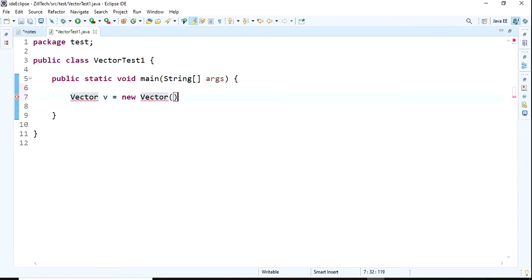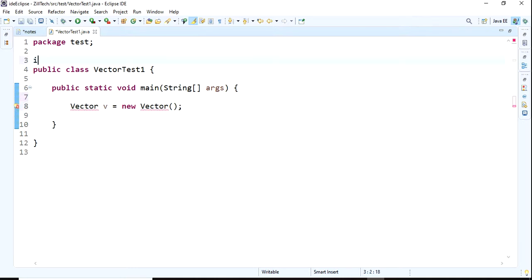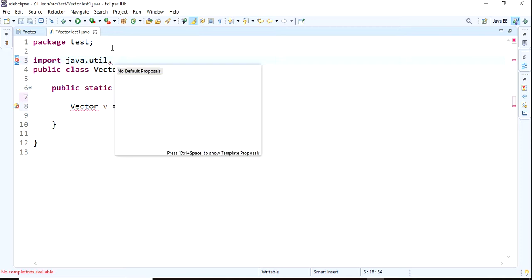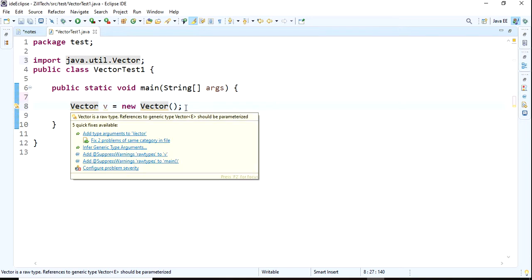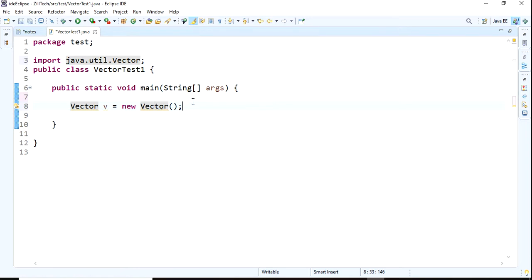Import java.util.Vector. I'm not adding type safety, I'm just going with Vector v.